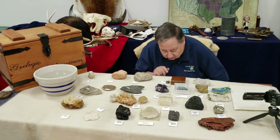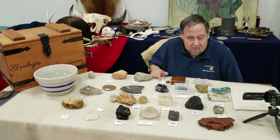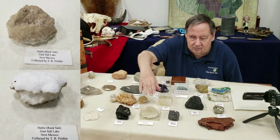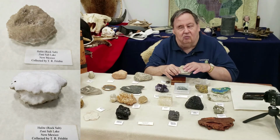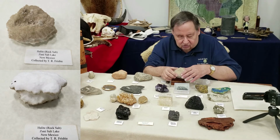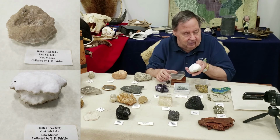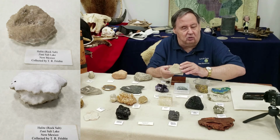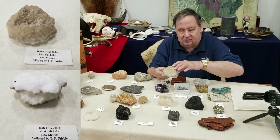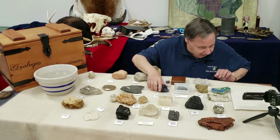Now we will turn to the minerals. And the first mineral we'll talk about is something called halite, or rock salt. Rock salt, when it's found in nature, is not usually like the salt you use in a salt shaker. This is what you normally would expect. But in nature, salt is seldom pure. It almost always includes other things. Another mineral that came from this area